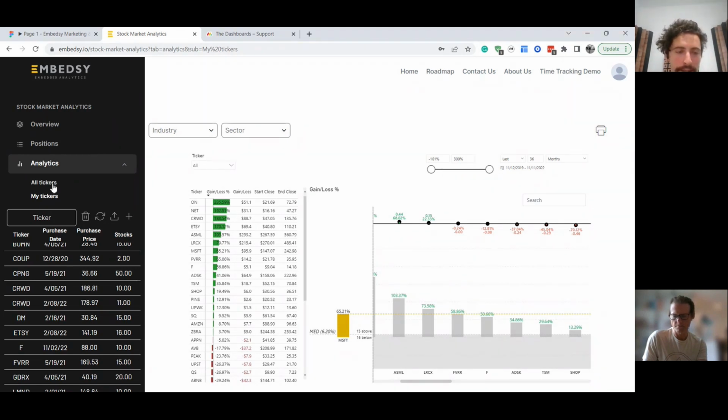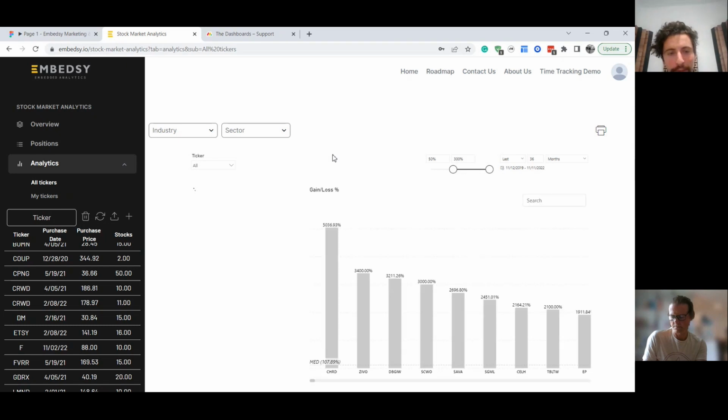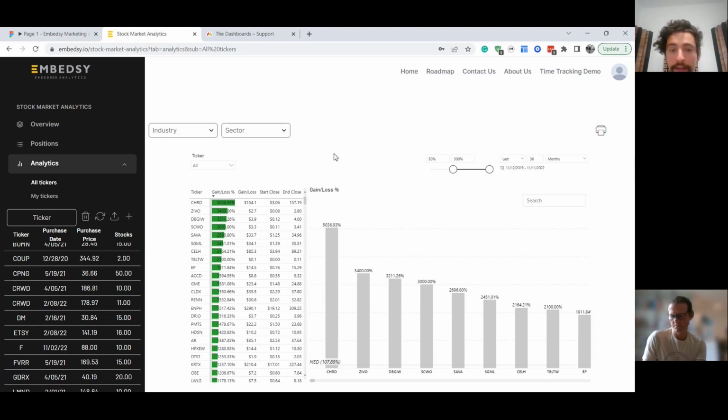Another thing which is cool here is I can look at all the tickers, not just in my portfolio, but in the whole database. I mentioned we have over 8,000 tickers, and if anyone knows a tool where you can do this, please share it with me. I never saw anything like this before, where you can look at the entire set of tickers traded on a given exchange, Nasdaq in this case, and see which tickers had an upside of more than 50% in the last 36 months.